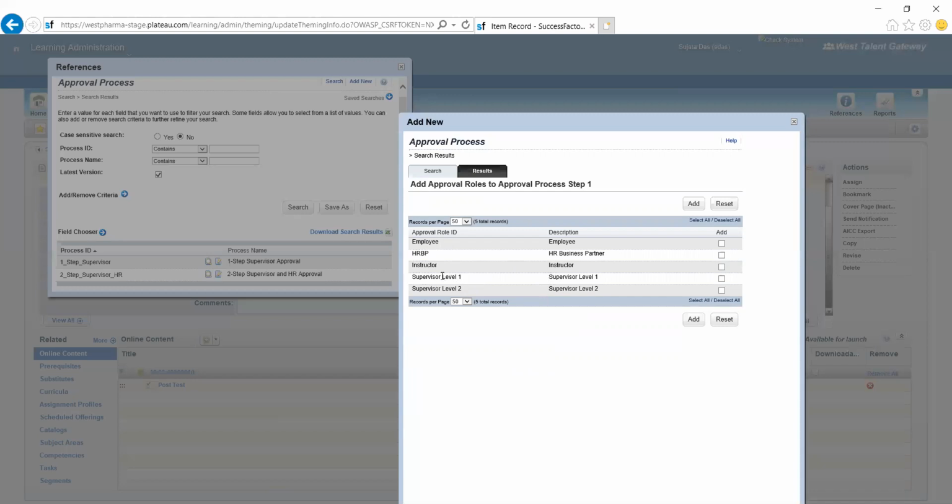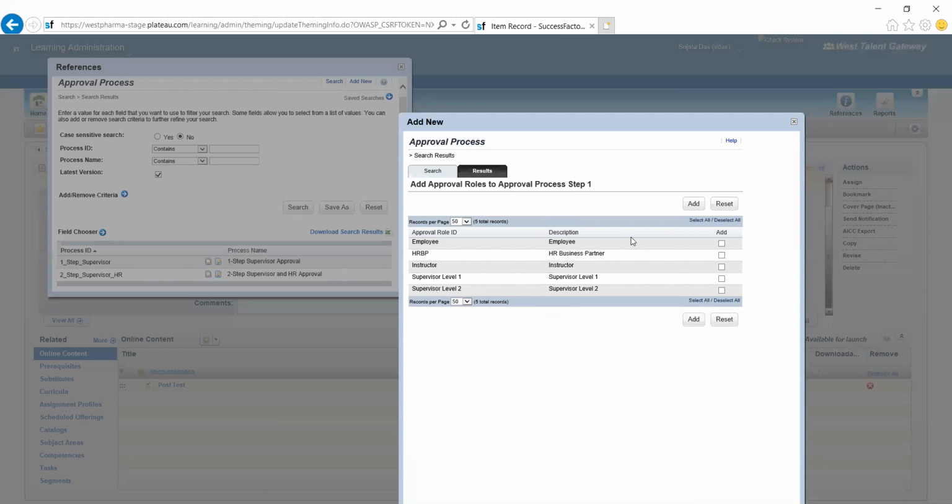As per my knowledge, in this test environment, SAP SuccessFactors gives this kind of roles. If it is starting with employee, HRBP, instructor, and supervisor, it is a standard role. If you are creating any roles on top of it, we will be able to know that depending upon the description or any specific approval role ID.